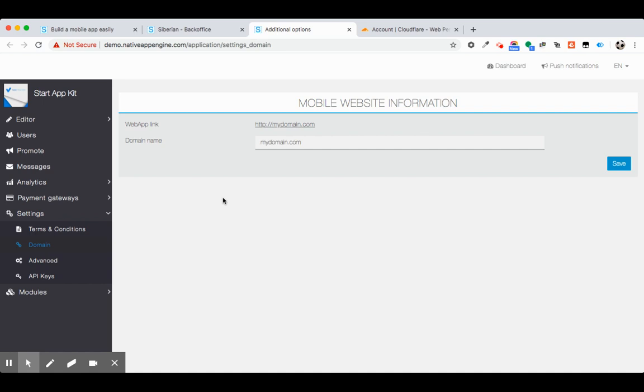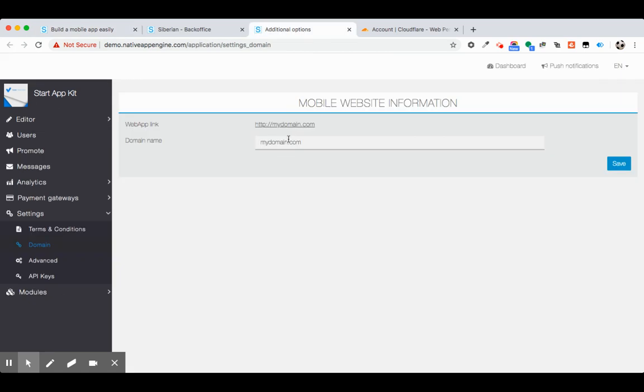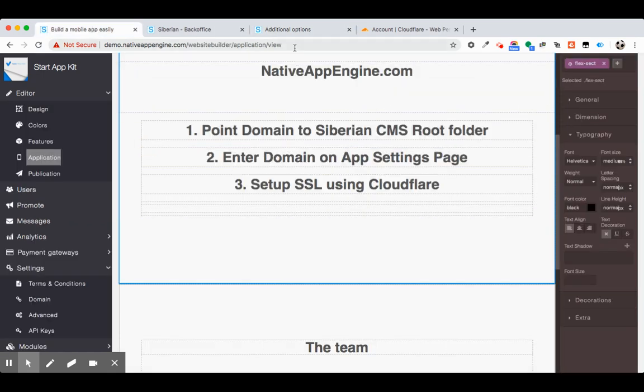Right now, if you open mydomain.com, your app should open if you have done step 1 and added the domain here. Generally you'll be able to see your app on this domain if you've done everything correctly.